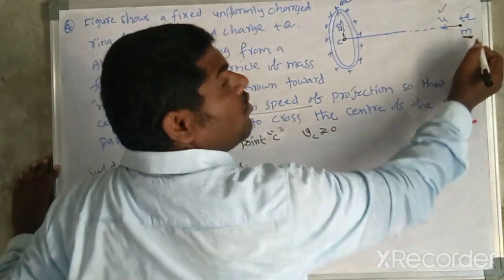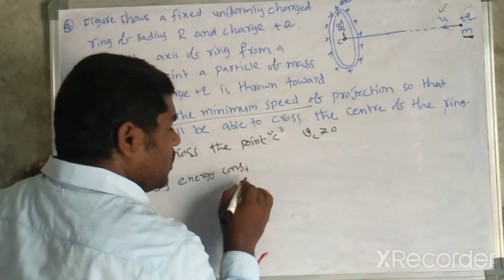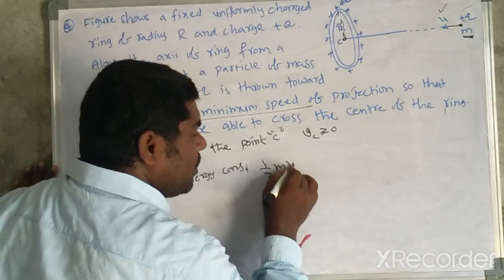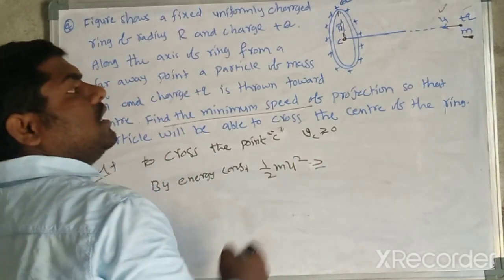Here, only kinetic energy is present initially, because the charge is moving with a velocity u. That's why 1 by 2 m into u square. This value should be more than or equal to